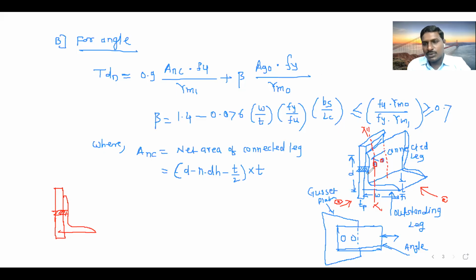Okay, so here I have drawn the 3D view. This is the angle having some length, it may have more length, and back to this adjoint, this plate is connected with this angle having 2 bolts in 1 row. In 1 row, by using 2 bolts, this angle is connected to the plate. Okay, now